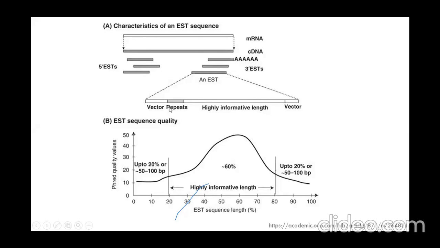But if you zoom in on the sequence, if you are not using the adapters from sequencing technology, and you are using fundamental traditional vectors, you may get vector molecule repeats at the 5' and 3' ends because of the ligation reaction. The specificity of the EST depends on that. In a given EST sequence, approximately the first 20 and the last 20 nucleotides may not be consistent, or may not give proper information when matching with the genome. But the middle 60%, from 20 to 80 nucleotides, will generate highly informative information if you do a BLAST with the genome.